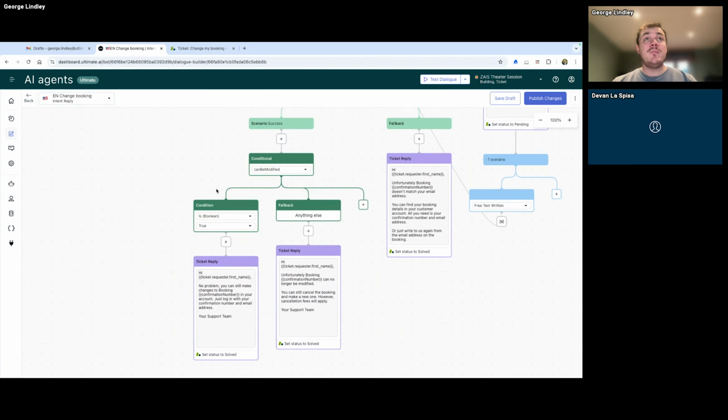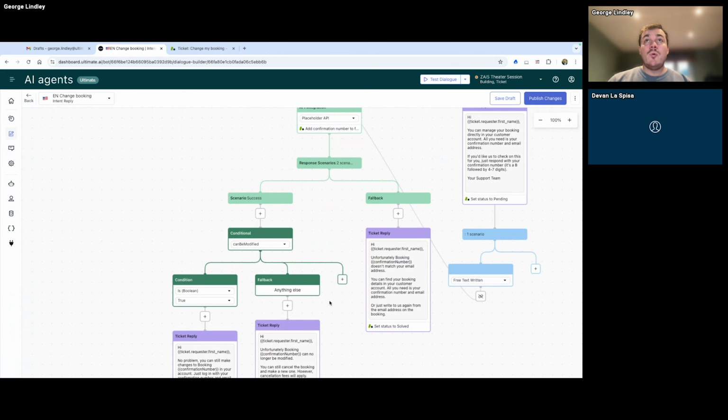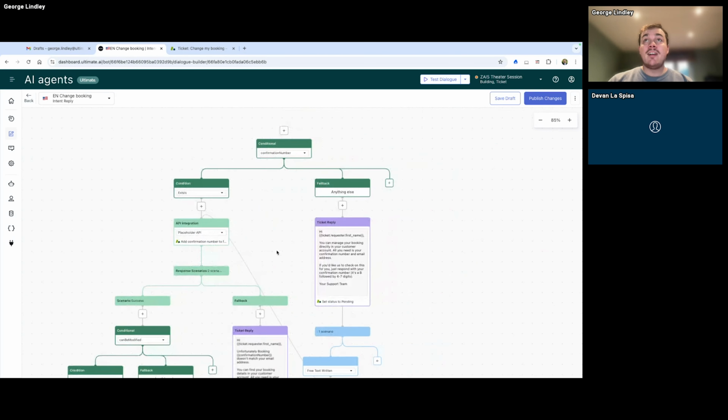Now, based off that, if it can be changed, we can issue this reply. And if it can't be changed, we can issue this reply, which of course is the one that we saw in our example. Now, this is a basic example, but you can have as many or as few conditions as is right for you and the scenario. It really is that simple to automate fantastic processes like this, which historically eat up a lot of agent time. But if we go back to the top of our flow,